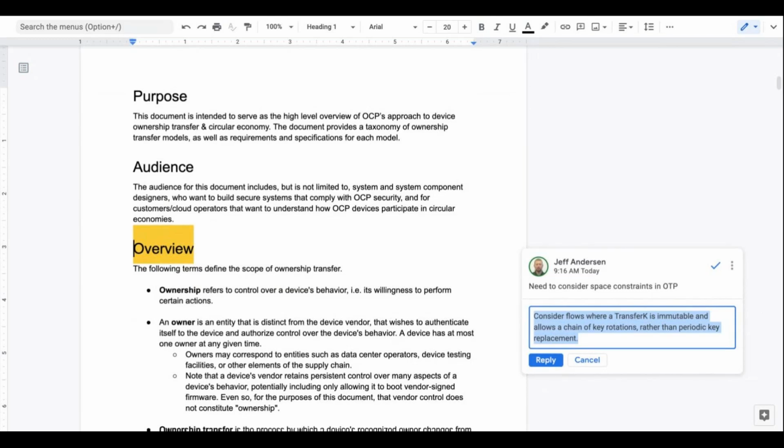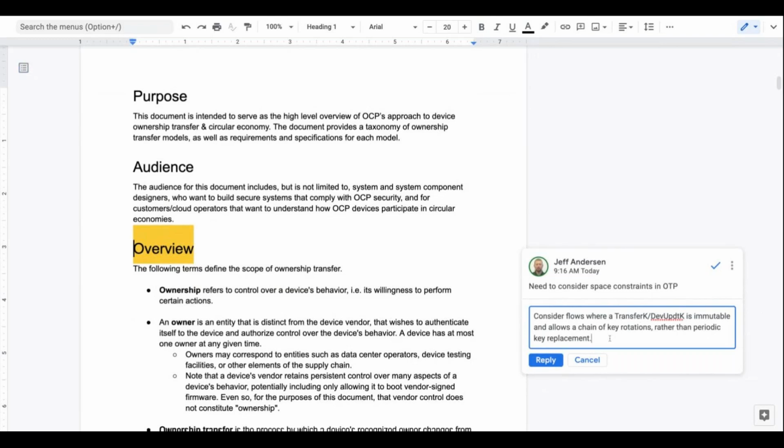Well, this is going back to the ownership discussion. If you make the transfer key immutable, you assume that's your initial ownership key, right? And you will use it as the entry point to verify the other keys in the chain. Yeah, I kind of thought that the immutable one should be an owner key. So the first one can be the OEM or ODM key, which is provisioned into the system initially.